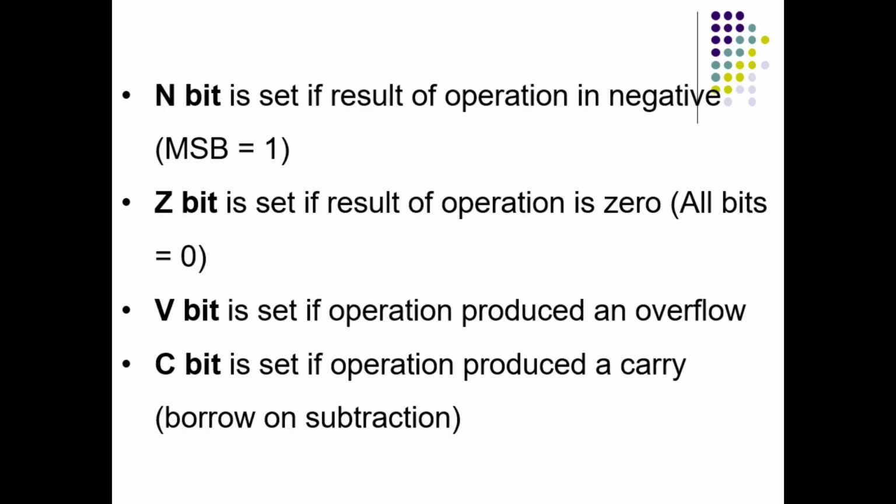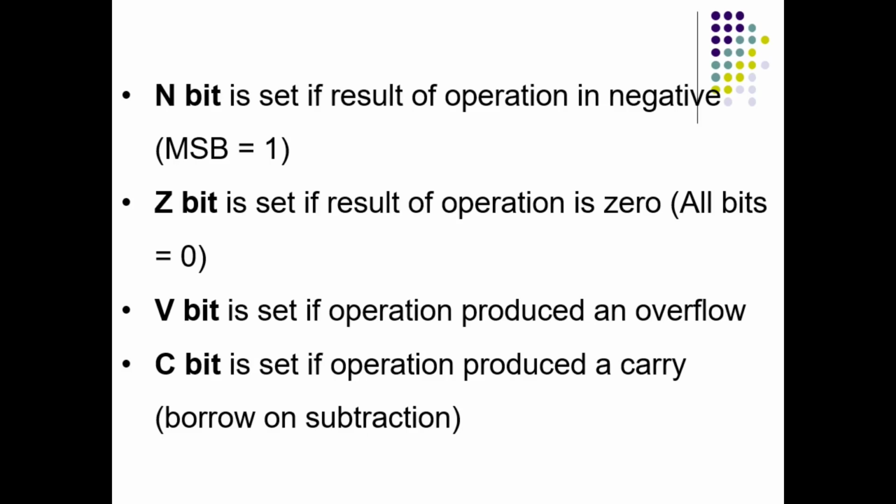In the flag register, there are 4 bits reserved for these 4 particular flags. When an instruction is executed, based on the status of the result, these bits are either set or reset. The N bit, which indicates whether the result is negative, is set to 1 when the result is actually negative after execution of the instruction. The negative result is identified using the MSB. The MSB is always called the sign bit. If the MSB is 1, the result is negative, or if the MSB is 0, the result is positive. The same bit is copied into the N flag.